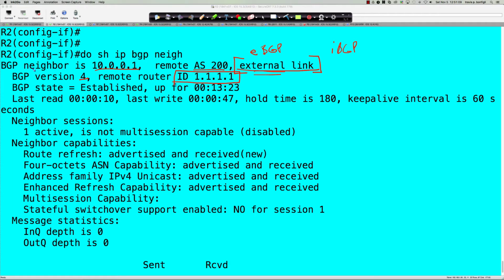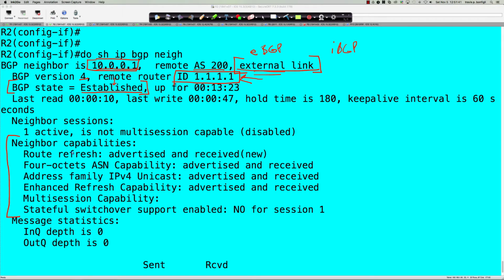There's the remote router ID. Remember, when we use the summary command, we're seeing the IP address of the neighbor, not the router ID. And then what state are we in? Is it idle? Is it active? It's established, and that's what we want. And in that summary command, remember, when we see under prefixes received any integer value, 0 and up, it means we are in the established state. Also very important here,